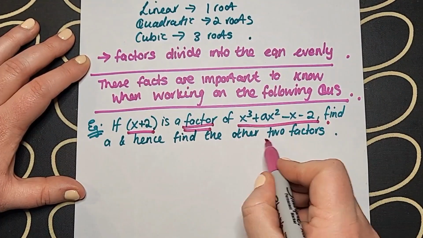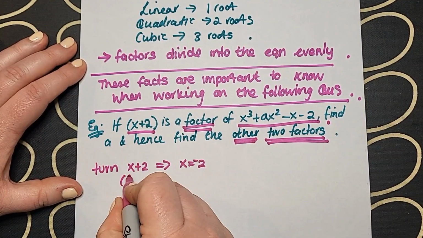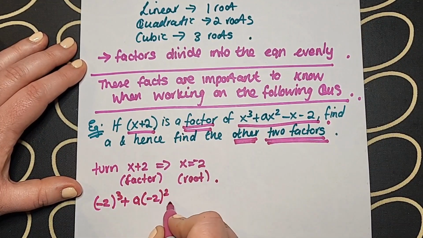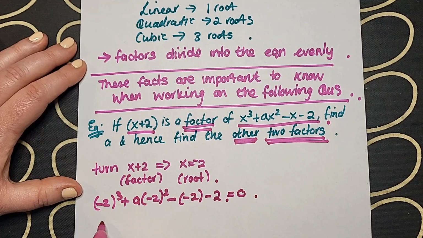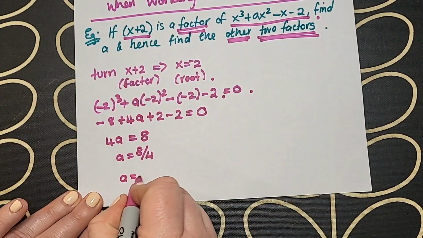So the first one is we have x plus 2. It's a factor of this cubic, and we are asked to find a and find the other 2 factors. So first of all, we know a factor, we automatically know the root, which is x equals minus 2. And I'm going to use that information. I'm going to sub it into my cubic, and I'm able to work it around that I find a is